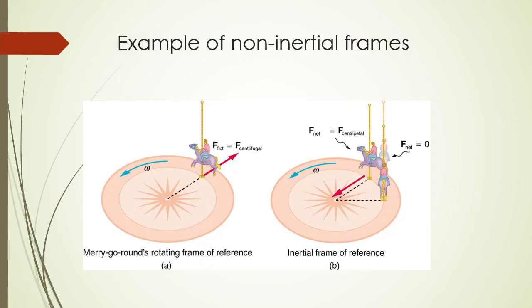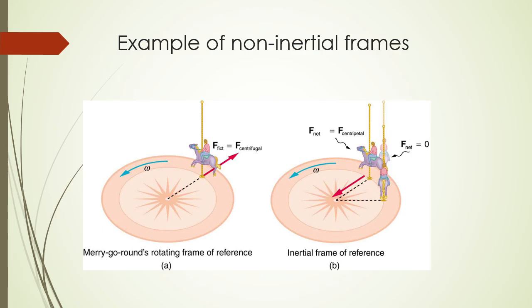So the only way to explain it is that there's a centrifugal force to help him move in. To him, he's moving in a straight line. The world is rotating around him. So he has to invent this centrifugal force that pushes outwards on him in order to reconcile it with Newton's